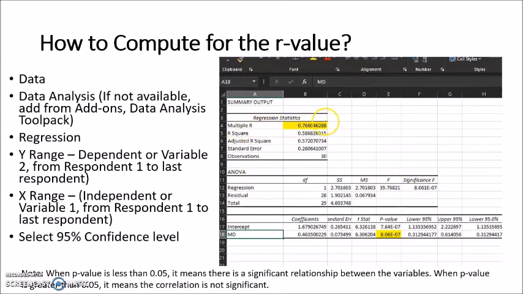So, multiple R, ito yung kailangan natin. This is the R value. I-round off lang natin into 3 decimal places. So, 0.766 yung ilalagay sa table. And this also is your P value, P value. Pareho lang sila nito. Okay, as you can see here,